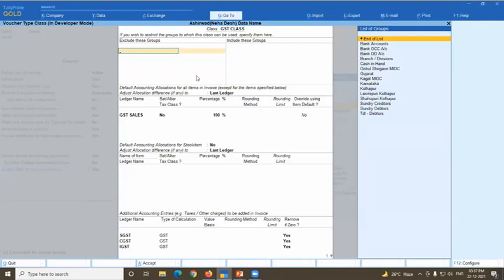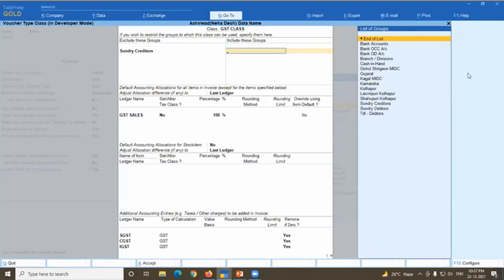Suppose Mahalakshmi Enterprises and Mahalakshmi Industries. Mahalakshmi Enterprises is a sundry creditor and Mahalakshmi Industries is my sundry debtor. So the customer says, we don't want any confusion, so we want to exclude groups from the invoice. If I am in a sales invoice, then the sundry creditors group does not appear. The ledgers are not in the list. But I can include sundry creditors of Pune, the other group.